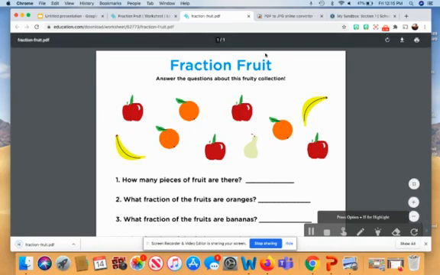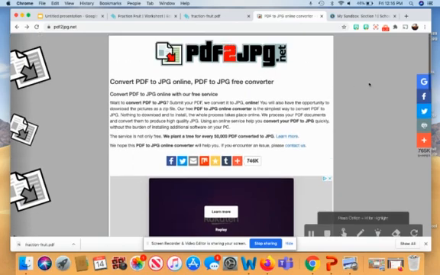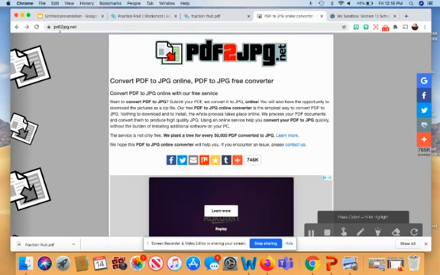So now that I have the document that I want, it's saved to my computer. I'm going to go to this, and it looks really sketchy, but I've used it a few times now, and I've decided that it's just fine. But it's called